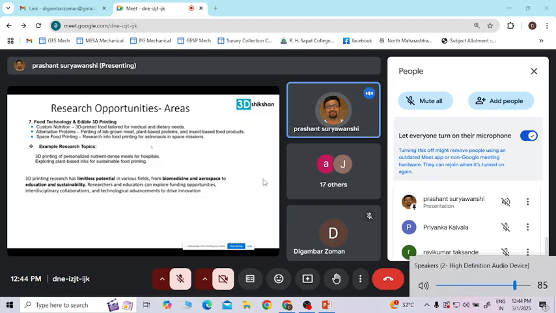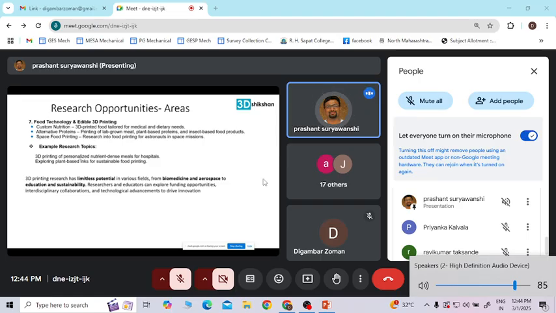But it's still in the research area, where they have done some lab grown meat and plant based proteins. But there is huge scope for research, because this is going to have application in space, particularly. That's where astronauts are also using it, and they are now carrying 3D printers with them for different purposes. But yeah, definitely.